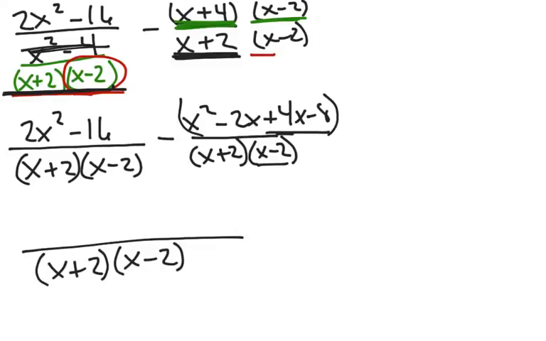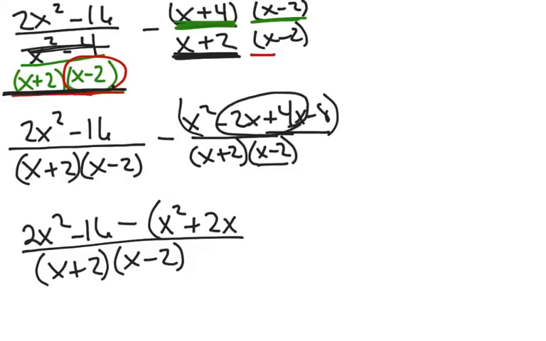So I've written my denominator one time. I'm going to bring down my first numerator, minus. Now notice I'm putting parentheses around this. I'm going to combine x squared plus 2x. I combined my two like terms here, minus 8. Now why am I putting that in parentheses? Well, I'll show you. When I come on down to the next line,